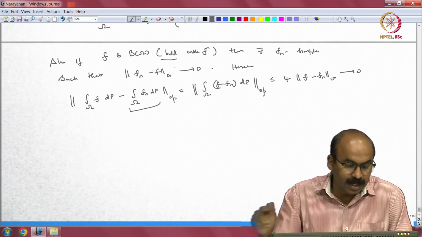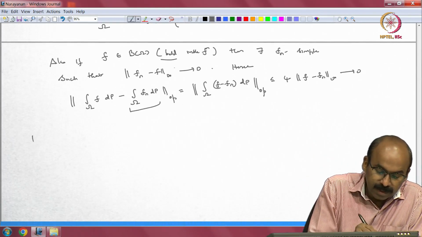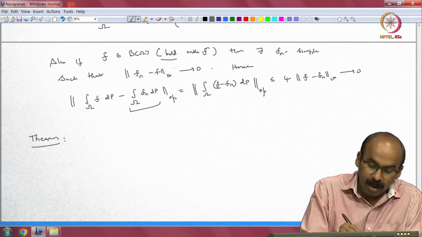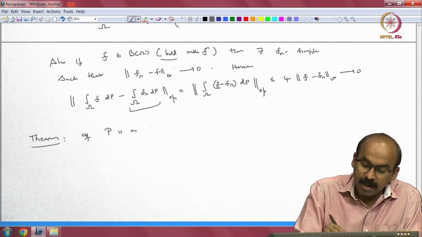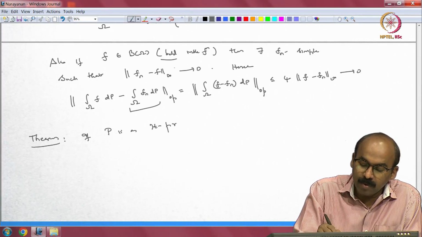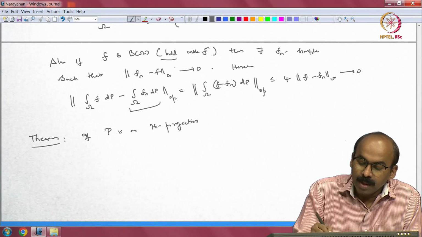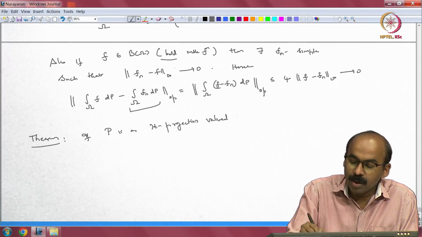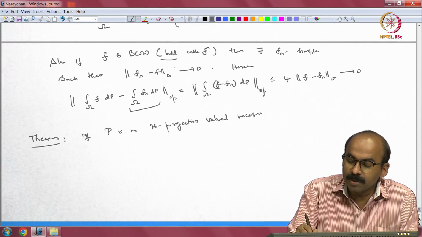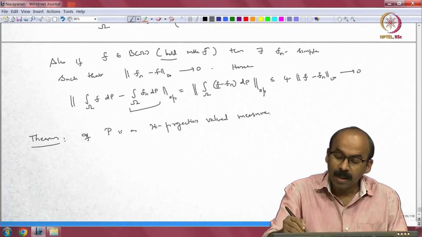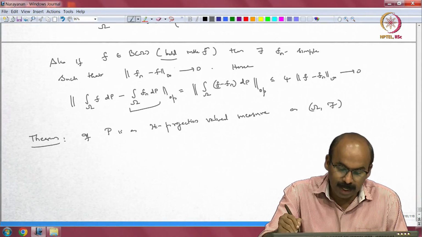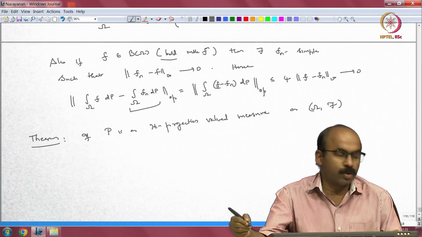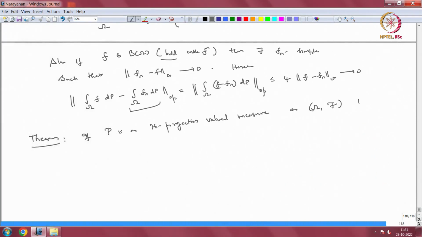So, we will stop with stating this theorem, we will prove the theorem in the next class. So, theorem: if P is an H projection valued measure, that means P is a projection valued measure on some measurable space omega, where the Hilbert space is H and the projections are operators on H, then the map